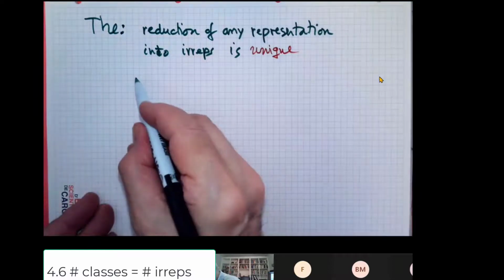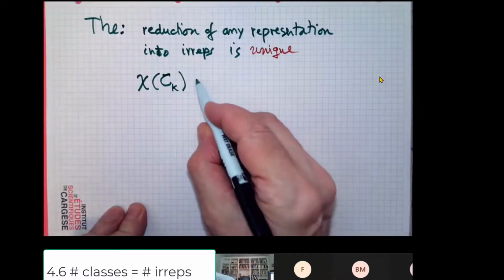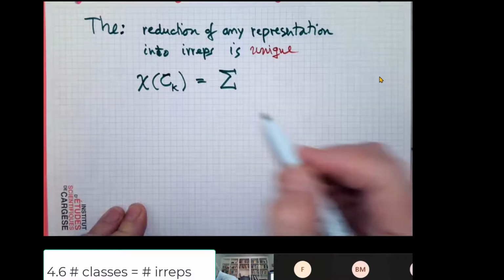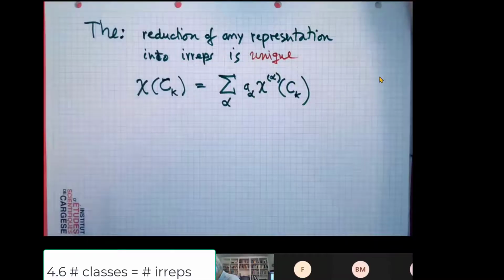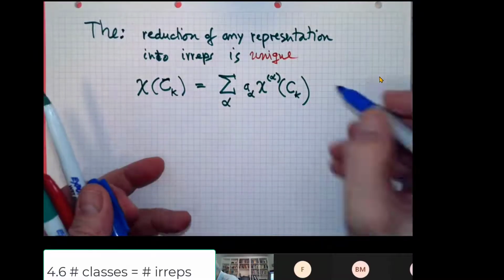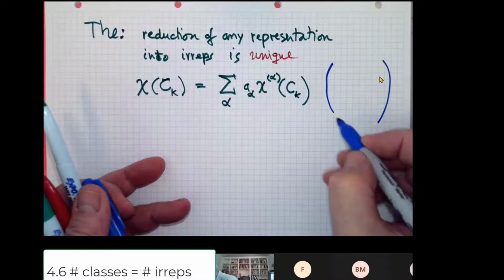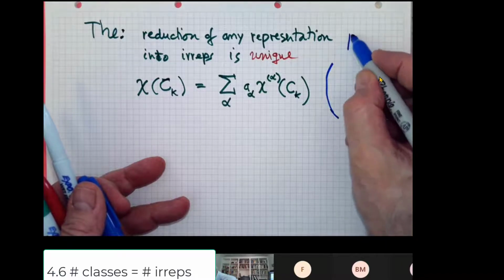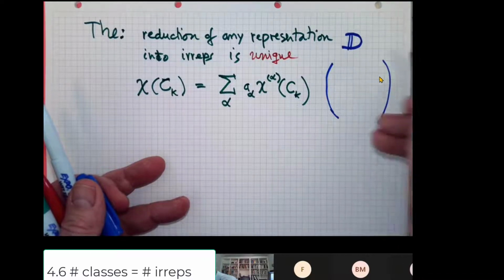So I can always write, for the kth class, its character, which is a sum of diagonal elements of the matrix representation of that class. This is kind of obvious because if all group elements, so all elements in the representation, have been block diagonalized by what we have just done,